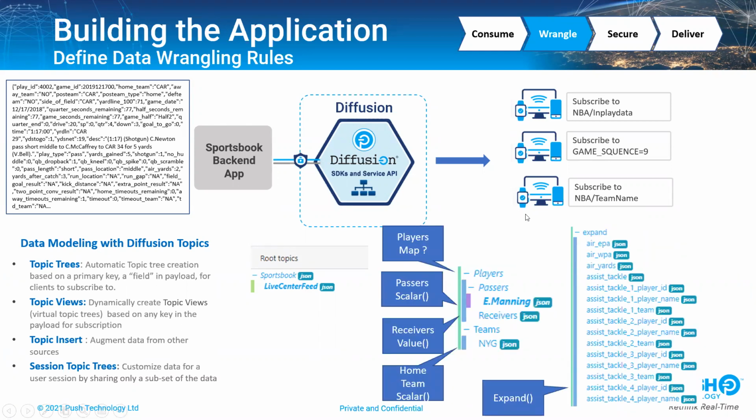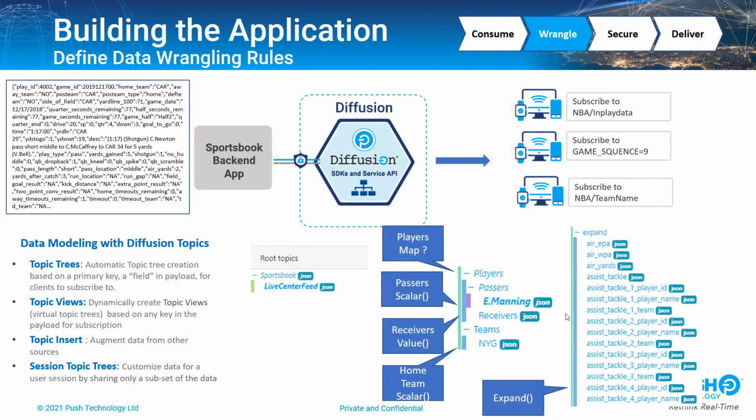So kind of the first example is players. And so I may just simply, from this large set of data, map out players, which exists somewhere inside of the data. But because it gets represented in this topic tree, we've already started that parsing process in real time, and again, at scale, at scale of millions of messages. And here, I've segmented out my players. Now I can add rules where maybe I'm just interested in Eli Manning,